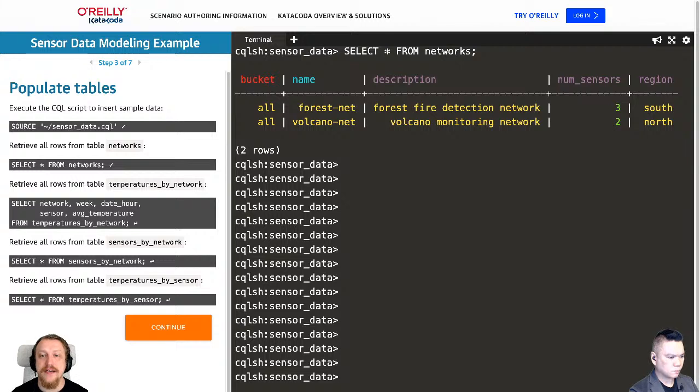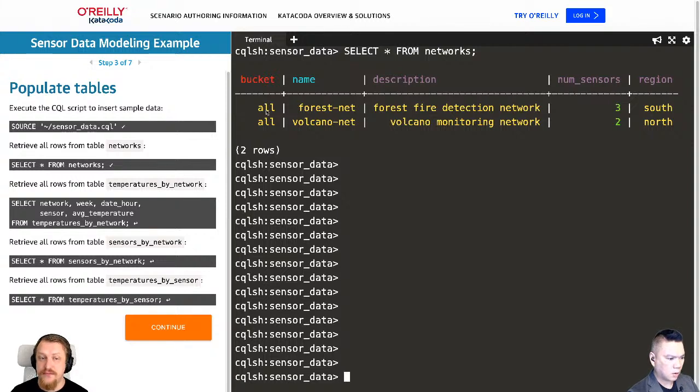And now let's take a look at those networks. Now I'm answering questions regarding what the bucket is. So bucket is a simple text field I don't need in the beginning at all. In the beginning I set bucket to simply all, and that can really be a hard-coded value.